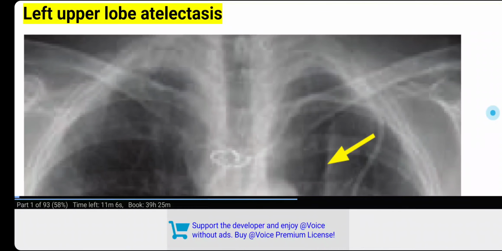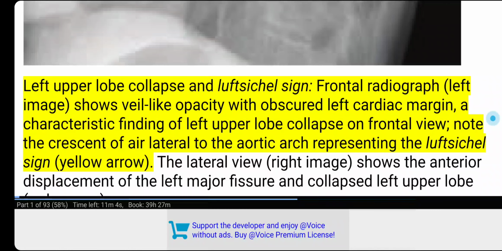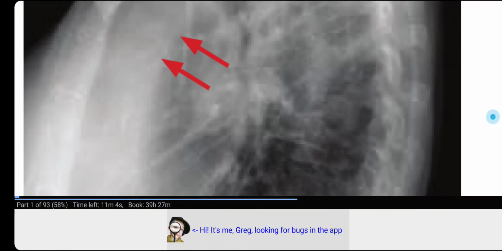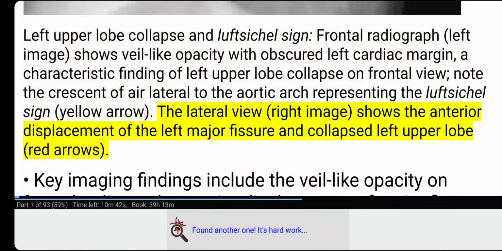Left upper lobe atelectasis. Left upper lobe collapse and Luftsichel sign. Frontal radiograph, left image, shows veil-like opacity with obscured left cardiac margin, a characteristic finding of left upper lobe collapse on frontal view. Note the crescent of air lateral to the aortic arch representing the Luftsichel sign, yellow arrow. The lateral view, right image, shows the anterior displacement of the left major fissure and collapsed left upper lobe,